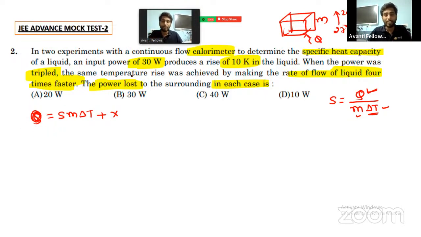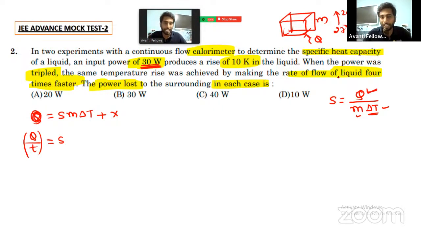Then for the rate, they have given power as an input. So I will write Q as the rate. Q means energy, energy flowing per unit time. Look here: Q by T, if I write it, becomes power. Q is energy by time. So power is equal to specific heat capacity,